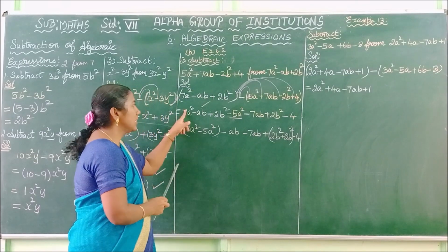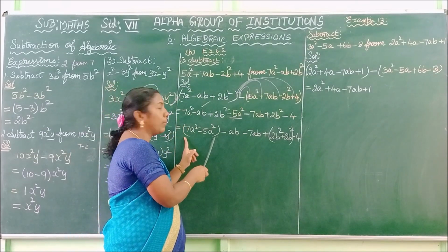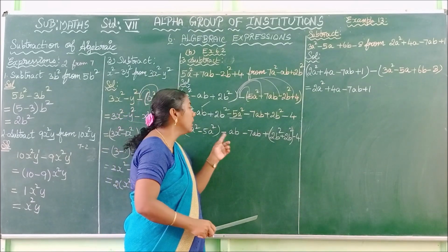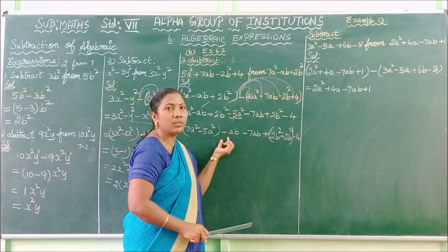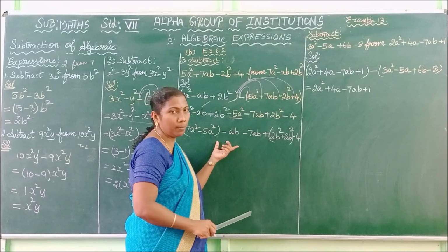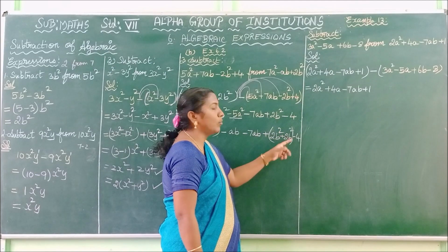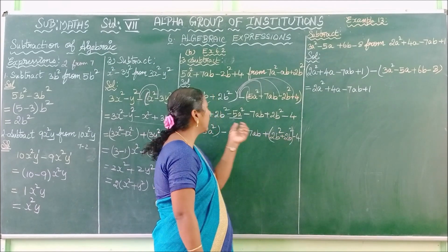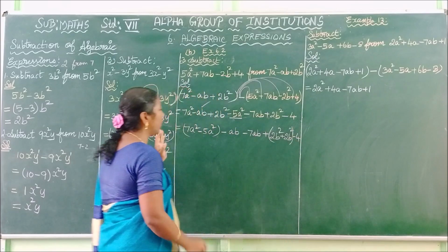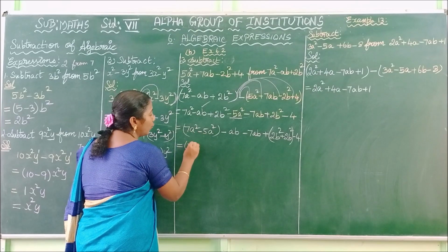See here children, 7a square minus 5a square. I have segregated these terms by putting a bracket. For minus ab and minus 7ab I am not putting a bracket, because if the term contains a minus, you should not put the bracket. In the next step I will teach you how to replace the bracket. Okay. See, next 2b square, next 2b square. Both terms have the same coefficient. We are writing that, and then we have written all the terms, only the last one, minus 4. Okay, next we are going to evaluate this. How can you evaluate this? By evaluating the numerical coefficients.